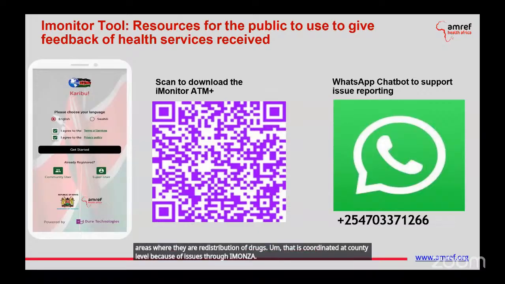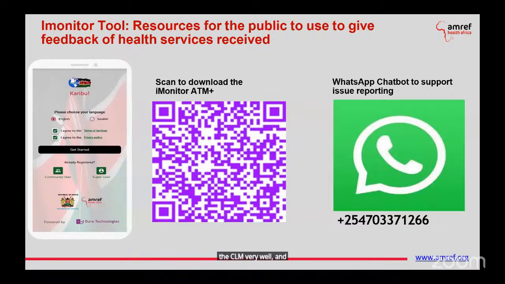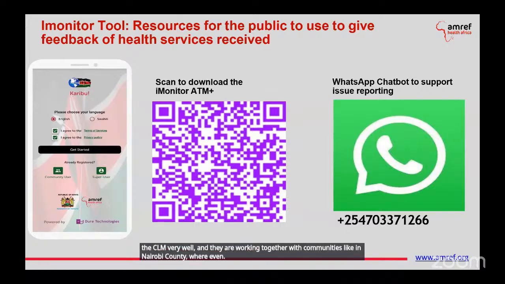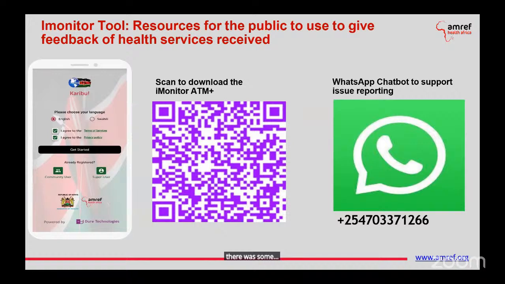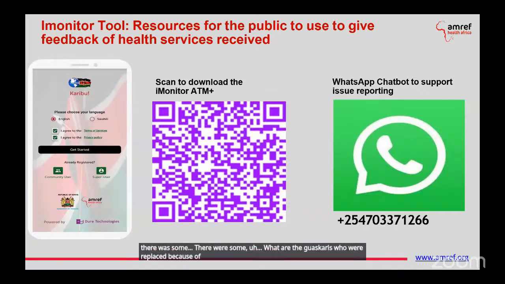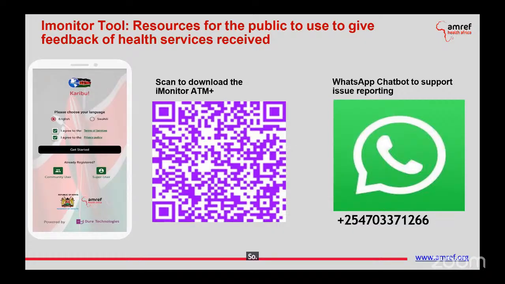So yeah, there are counties where the county teams have been able to adopt the CLM very well, and they are working together with communities, like in Nairobi County, where there were some, what are they called, askaris who were replaced because of not being able to support communities well. So yeah, let me stop it at that.